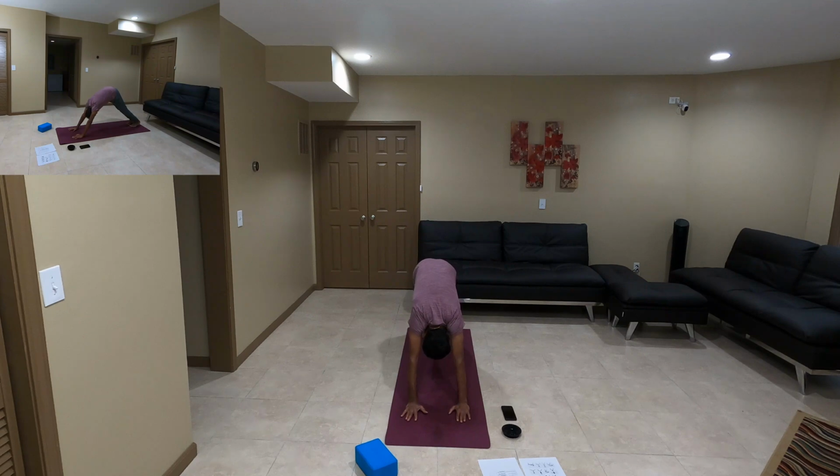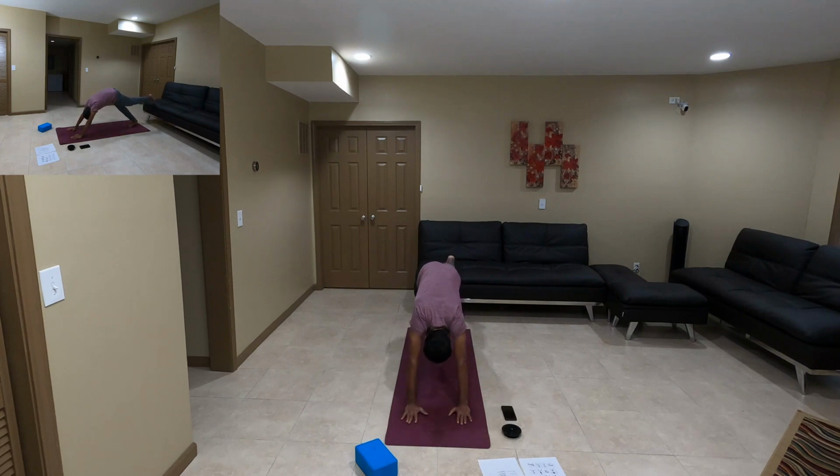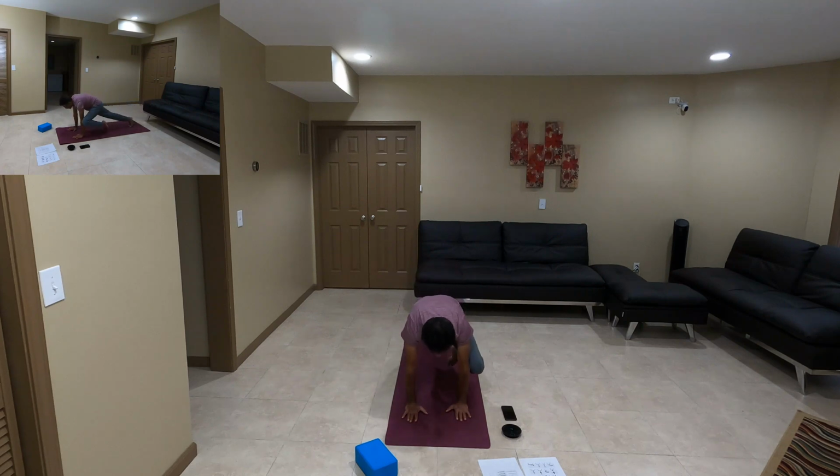And then bring your right foot to the center. Lift and stretch your left leg to the back. And then fold your left knee, bring it to the left elbow, touch it and come to plank. Again, go back to three-legged dog, stretch your left leg in the back. And then second time, again, bring it to the front, touch it, come to plank, and go back to three-legged